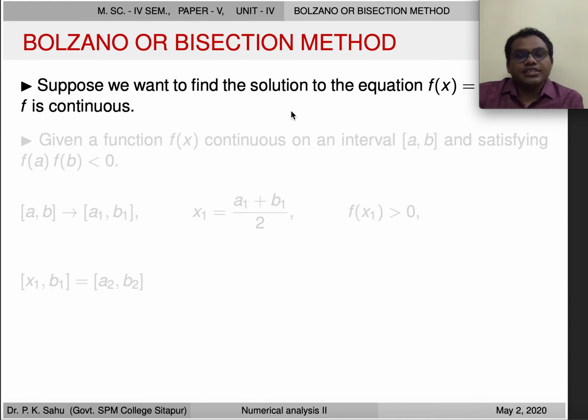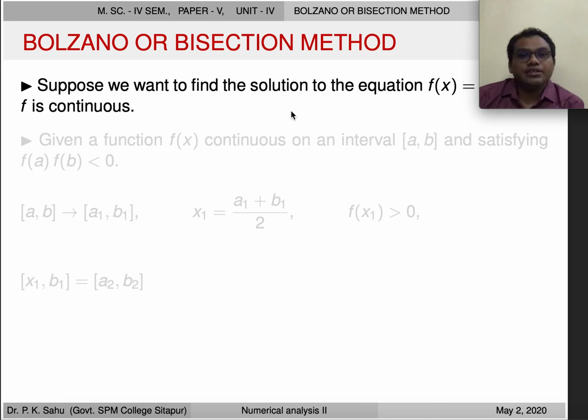Now, in the last lecture we have already discussed the intermediate value theorem. So in this lecture we shall begin our numerical techniques, and we will see some inclusion methods that will enable us to determine an approximate solution of the equation f(x) = 0, and one such method is the bisection method. So now we will describe this method and try to see how it can be used to find an approximate solution of the equation f(x) = 0.